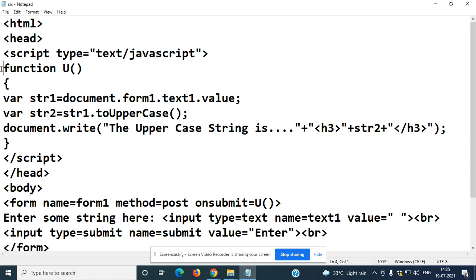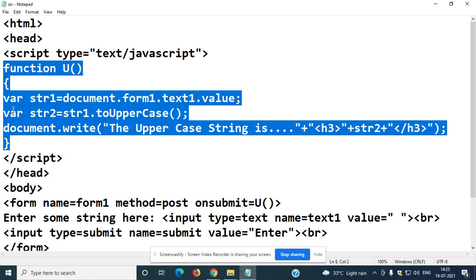So I am defining the function u here. A variable is being declared with string 1 and string 2. String 1 is the value that is being given as an input in a form under the text field. So for that reason we are considering document.form1.text1.value.